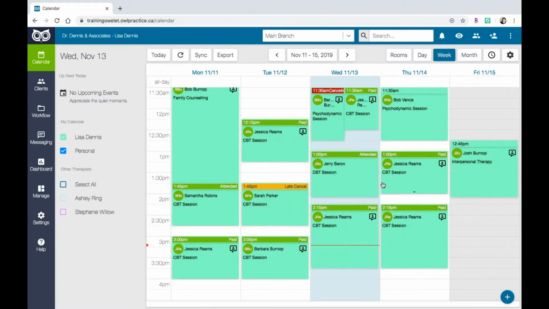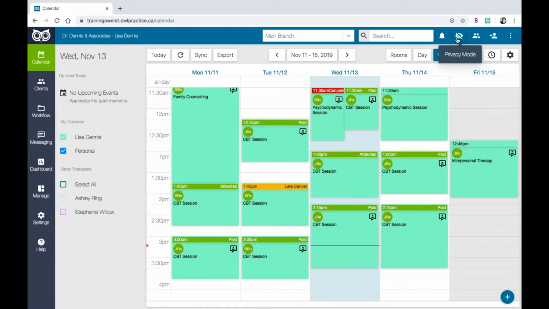You'll also notice a few helpful icons at the top of the calendar screen. You can apply the privacy mode at any time by clicking the eye icon at the top of the screen. This feature within OWL helps you privatize client names when you might need to. For instance, when you're speaking to another practitioner, have a client behind you, or when working somewhere off-site or public